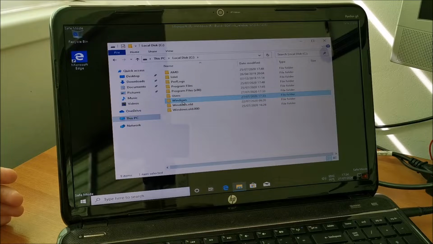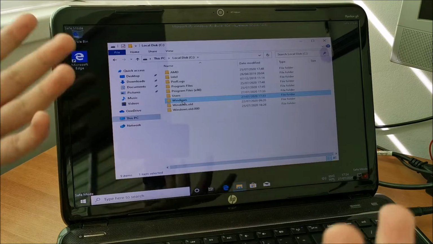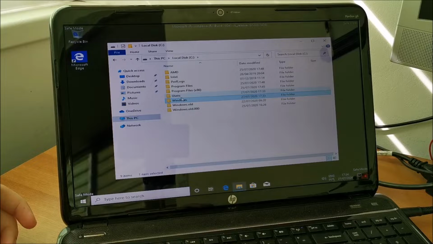Oh man, before I said my laptop, it's not mine. Somebody gave it to me to fix. So I'm not the first one getting this. I always hate that. Anyway, in user folders,